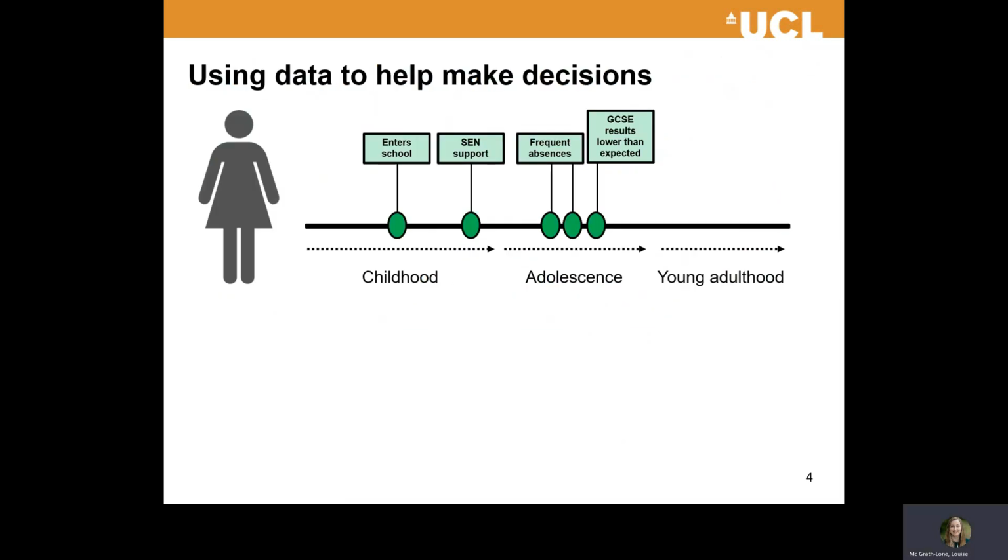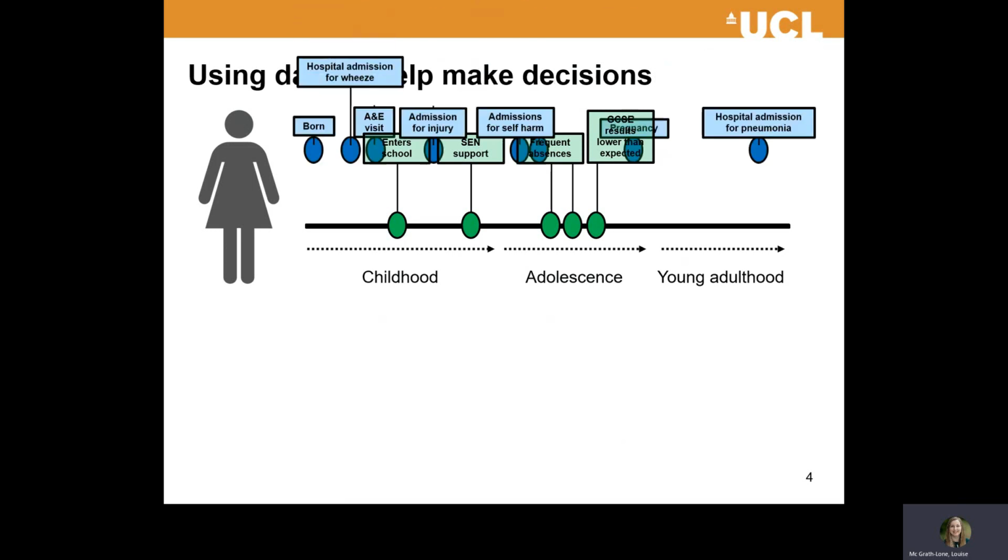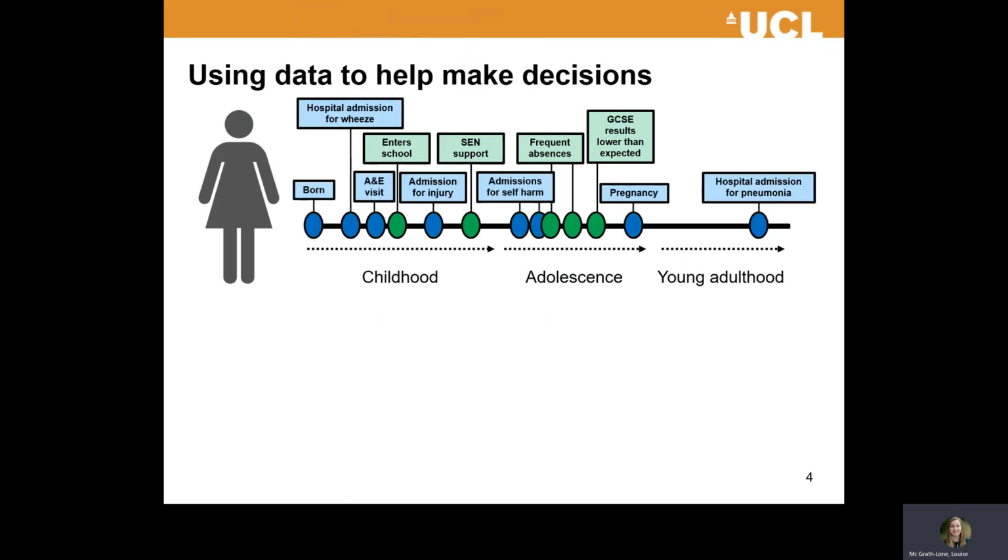The eChild database allows information for the same person to be linked together over time. So for example, this timeline shows some key events in a young person's education, like starting school and sitting their GCSEs. That's recorded in the eChild database. And one of the really exciting things about the eChild database is that because it contains both health and education information, it allows researchers to investigate how these parts of a young person's life are related.